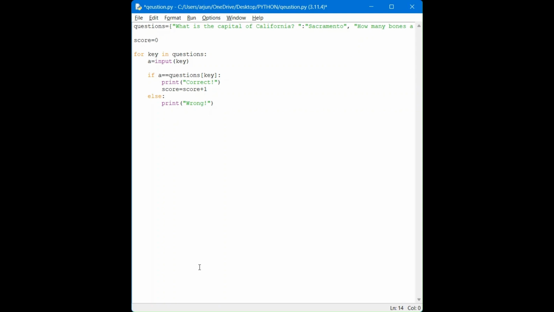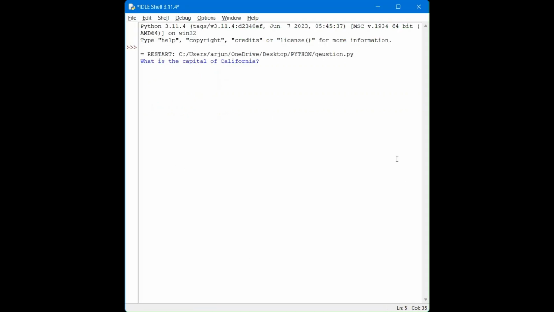Okay. The final thing that we need to do is print the score. How do we do this? Well, we'll exit the loop. What I mean is we'll go back to the regular indentation and we're just going to print your score is, and then we're going to write the score. So your score is, let's say, 1, and then we have to put out of 3 because there are 3 questions. So I'll close this, and when I run this, you will see that this starts off by asking the